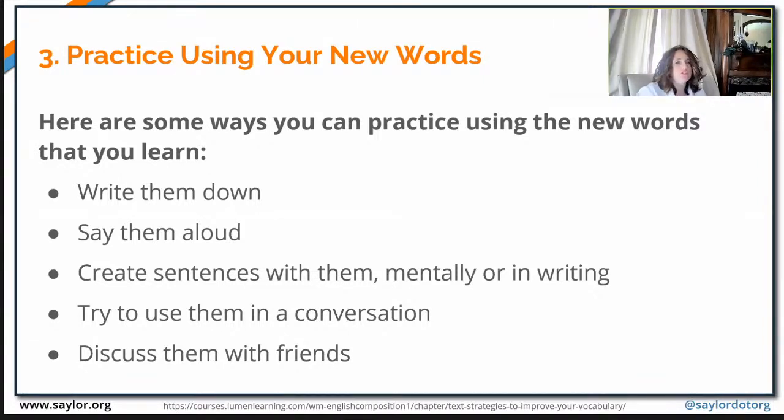Anyone who's learned a new language has always had the experience of trying to use a new word in a conversation. And maybe you're correct, and maybe sometimes you're not, but that's a way to learn. I had some funny experiences when I was learning French and trying to use new words in a sentence and completely bumbling it. And my kind friends who were French speaking could help me with that. So know that using a conversation is a fun way to really gain a better understanding of the words